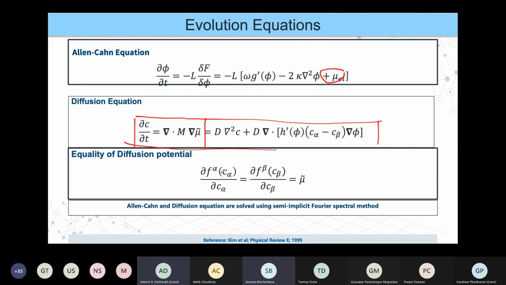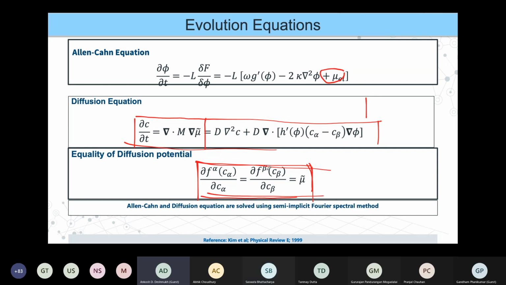If you look at the sharp interface Stefan condition, we are always looking at the alpha beta interface to be at equilibrium. So we have to solve this equality of diffusion potentials, together with the C-phi interpolation that relates C alpha and C beta, to get the C alpha and C beta at each